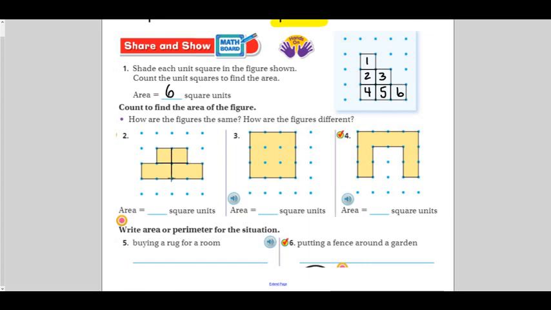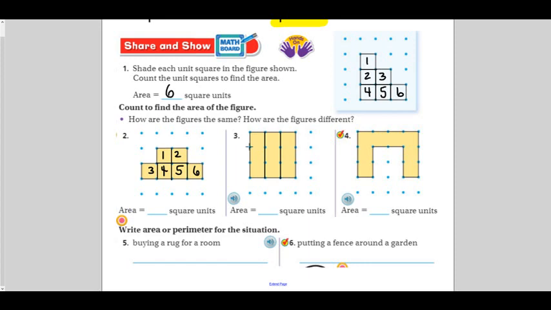So getting these connected, it would look as if I have an area of 6 here. That looks good. And looking here at this one,